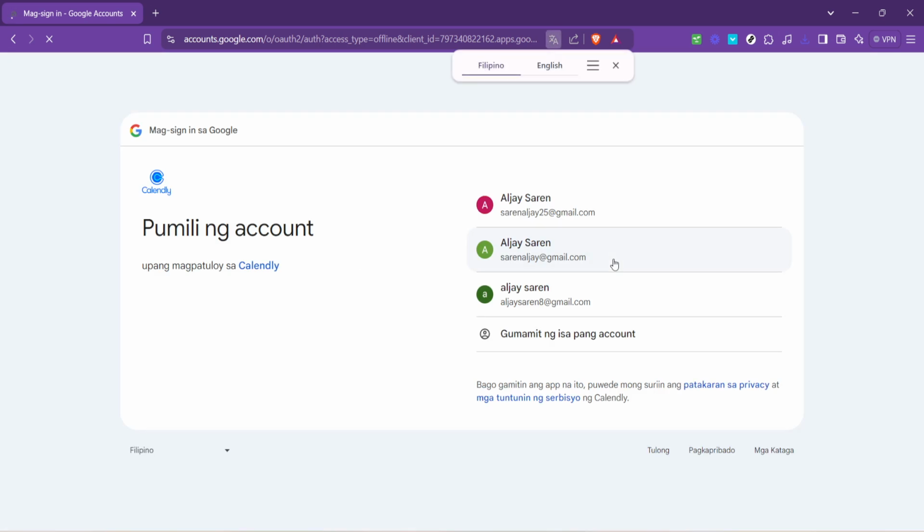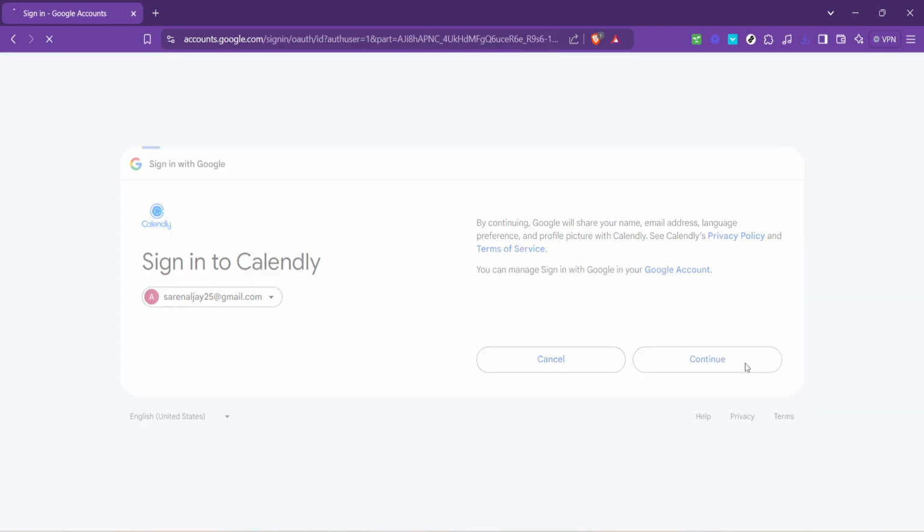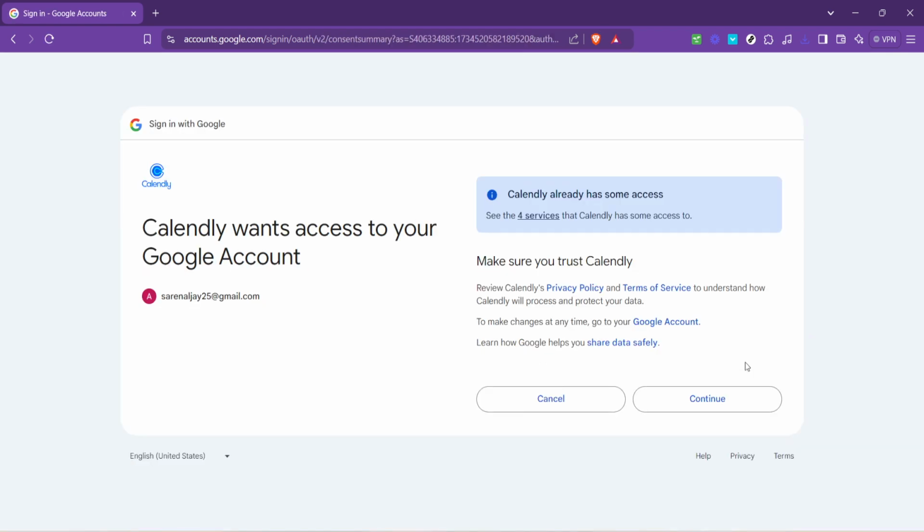to managing your subscription. For those who've used Google to sign up for Calendly, you'll see the option to continue with Google. Clicking on this link will streamline the process as it uses your Google account credentials for logging in. This is quite handy as it skips the need to remember another set of usernames and passwords.